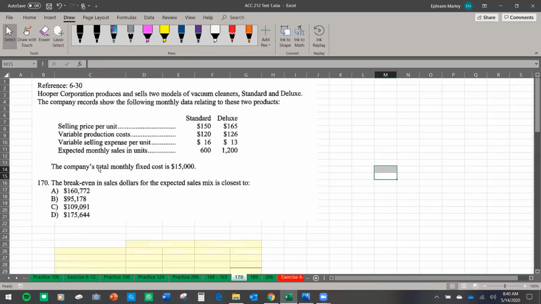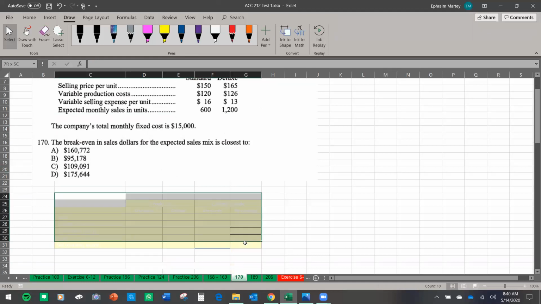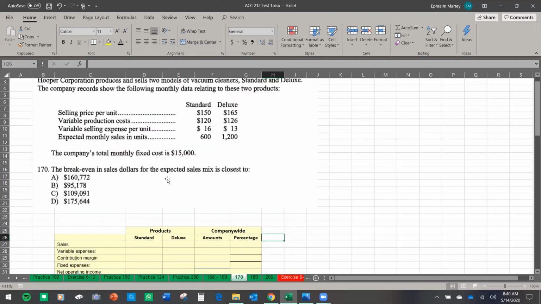Now what do we need to find here? The break-even in dollars for the expected sales mix is closest to... so we need to find the break-even point for this one again. I will reveal what we need to do here. We have two products. What is the selling